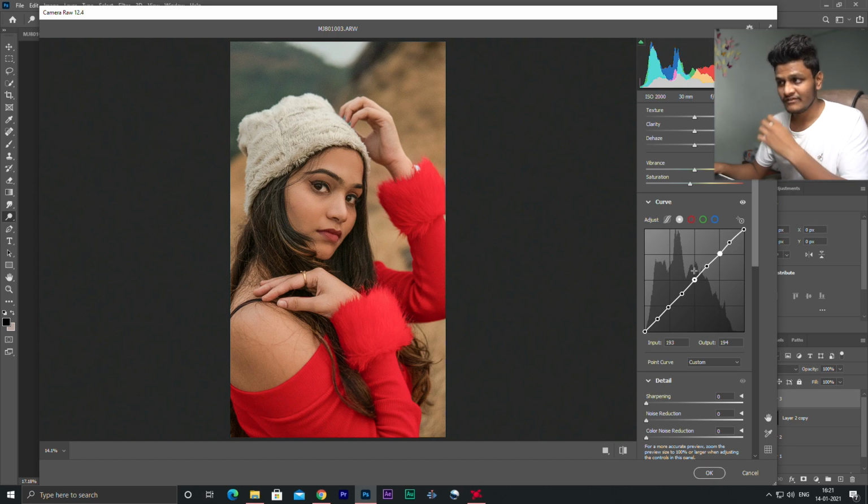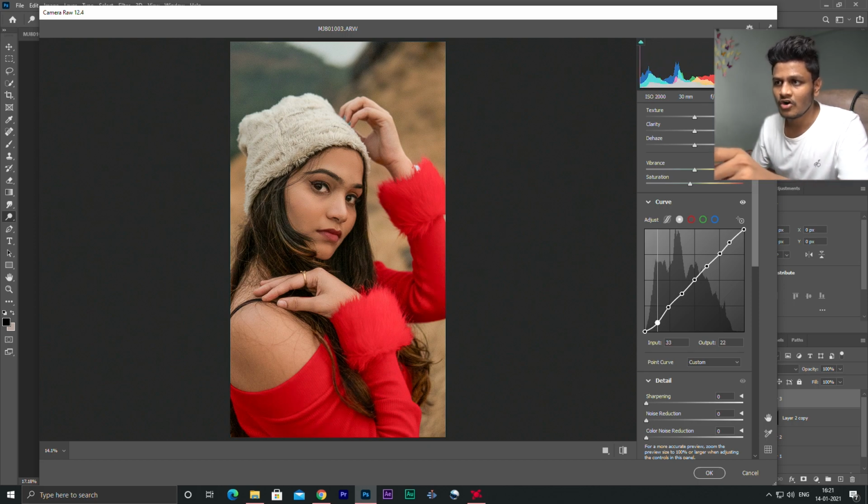here, and I will tweak each and every point according to the subject. Means according to my portrait, your portraits may be different, your portrait may have different light conditions, so you can tweak according to your photos. So just experiment with what exactly this point does. So now I am seeing that it is affecting the areas of shadows.